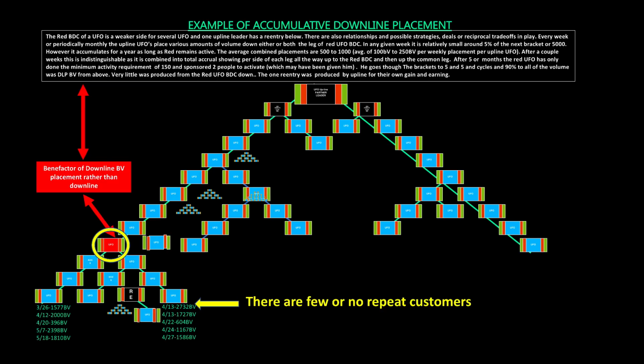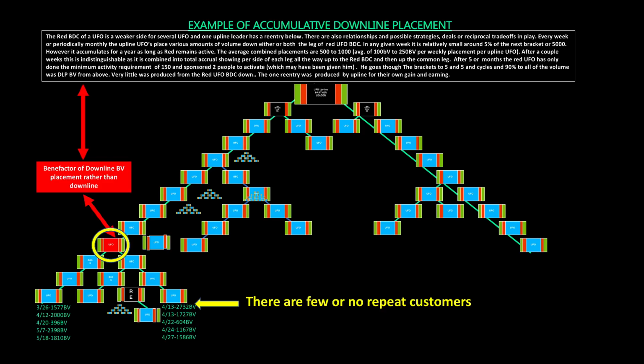Let me show you how bad it can be. This is an example of a cumulative downline placement. It's just not one person placing. In this example, the red BDC or UFO is a weaker side for several UFOs, and one upline leader has a re-entry below. There's also relationships and possible strategies and deals and reciprocal trade-offs in play. Every week or periodically monthly, the upline UFOs place various amounts of volume down either one or both of the legs under the red